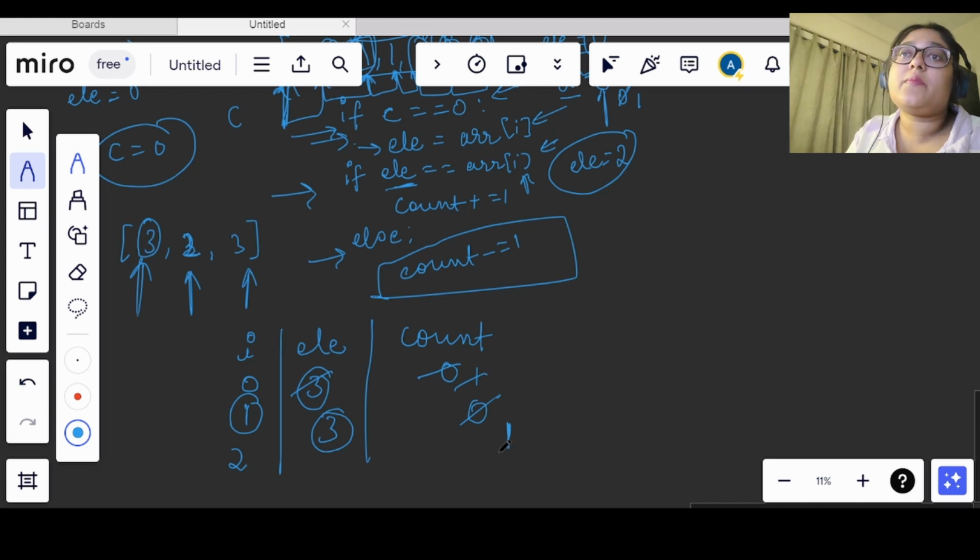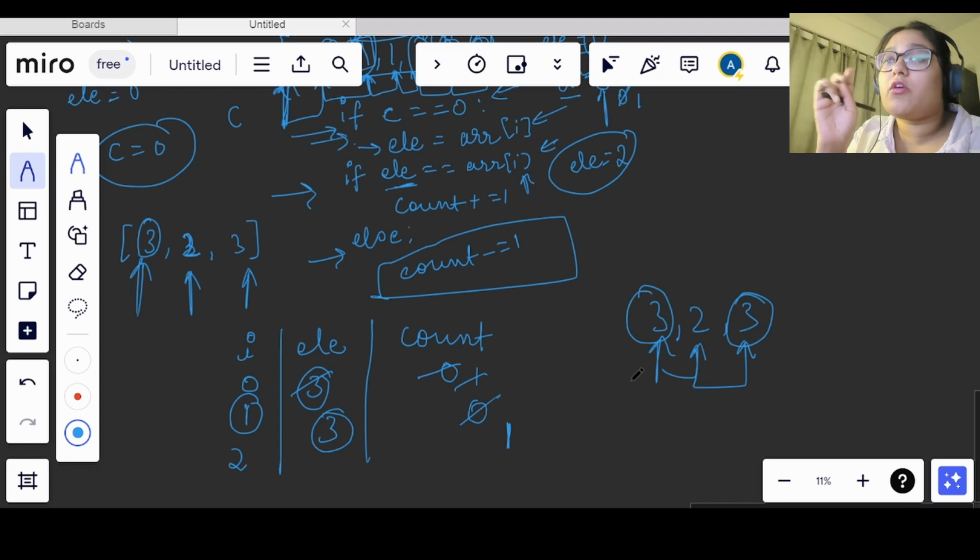So this will again become 1. Now we saw that the count became 1, then again it decreased to 0, and again it became 1. So whenever we are finding a majority element, for that element the least count will always be 1, because that value will always be occurring at least one time more than the rest of the elements, right? So we will be returning 3 as our answer, okay.